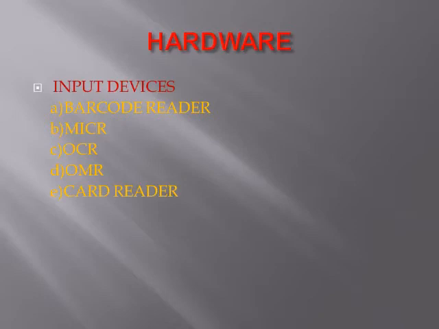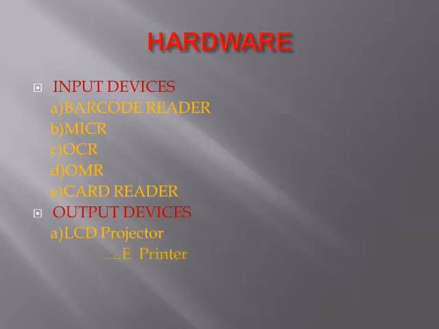Next thing is the output device. In hardware we have both input devices and output devices, and we saw the input devices. Now I am going to teach about the output devices. Output devices convey information from the computer to the user. Input device means the information we are giving, output means it will display. Such output devices are LCD, liquid crystal display projector, second one Braille printer, third one is the plotter, which is a printing device. These are examples of output devices.